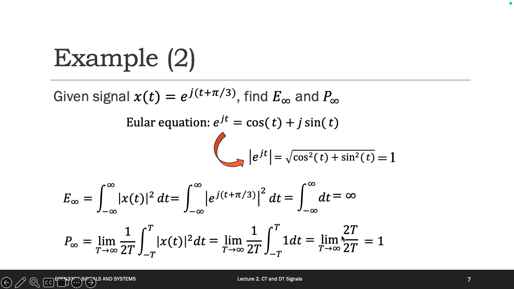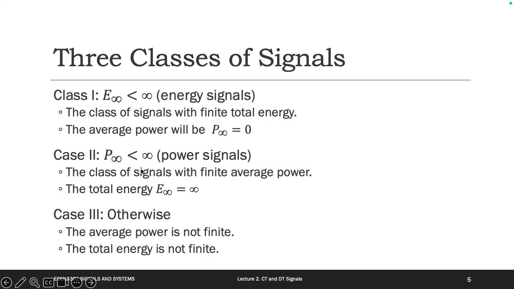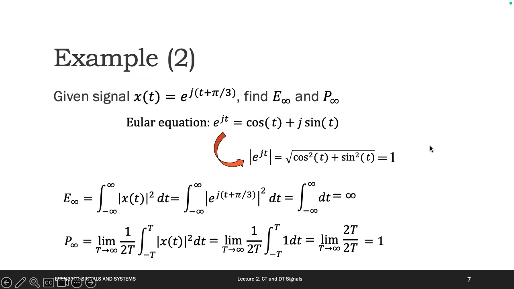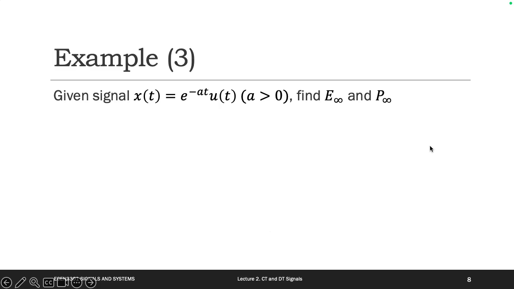Yeah, now the power is infinite and the energy is infinite. So which class? Yeah, it is 2. Okay. Let's talk about the other one, and I will summarize. Those are examples with a purpose. And for this one,